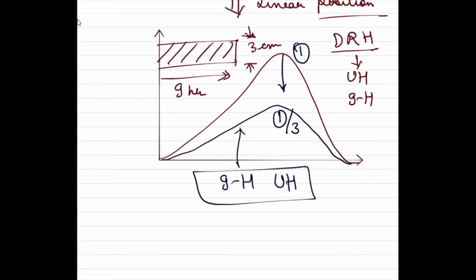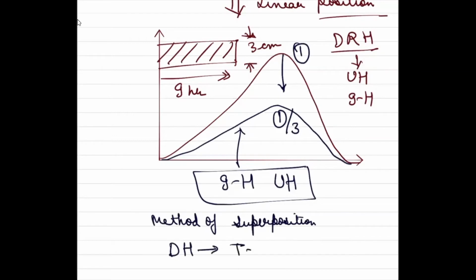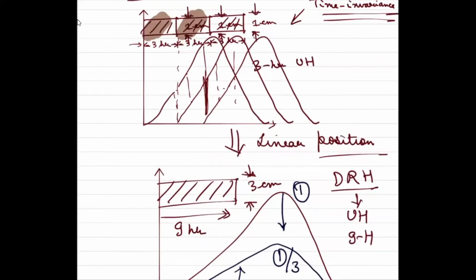Does it make sense? Easy, eh? This is called the method of superposition, to go from any d-hour to any t-hour, as long as t is some integer multiplied by the initial d. So if it works for 3 to 9, you can imagine 3 to 12 or 3 to 15; you can go by adding one more block. Then instead of dividing by 3, divide by 4. However many additions you are doing, you divide by that number.